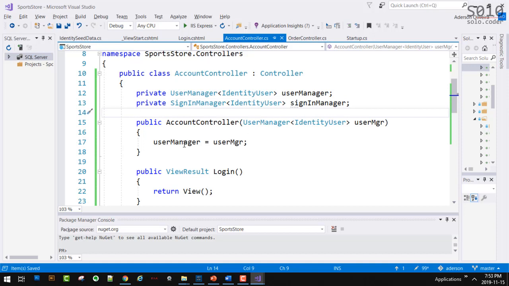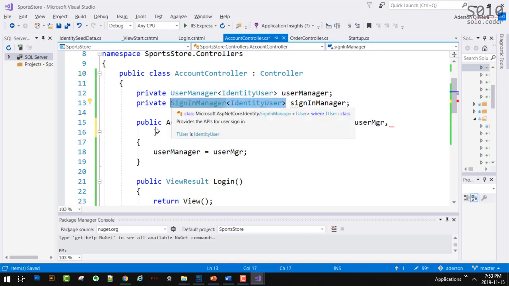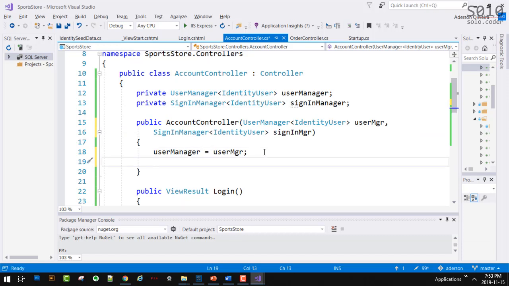Very similar to what we did with user manager, we're going to use dependency injection to perform that. So sign-in mgr, and again via dependency injection, we're going to say sign-in manager equals to this.